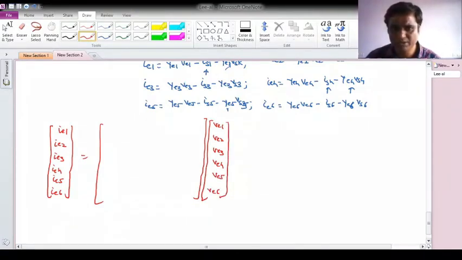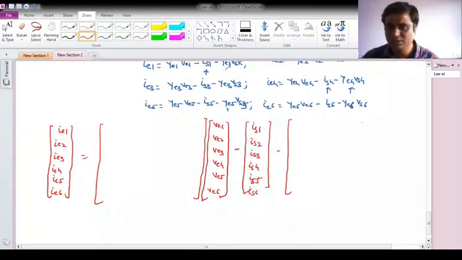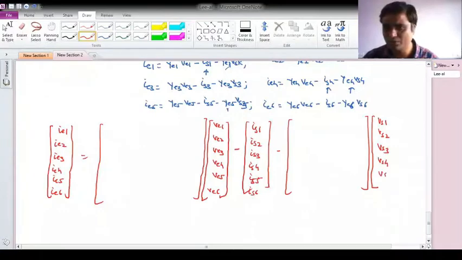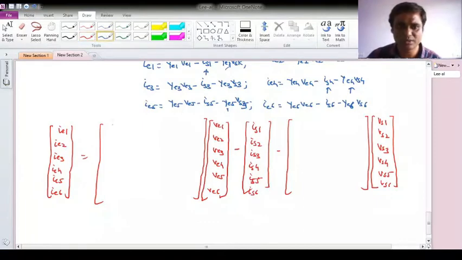This is for impedance. Then next is the minus sign, and it is all the current sources, which were IS1, IS2, IS3, IS4, IS5 and IS6. And second is minus, this is for the voltage sources, if they are present in series. So it will be VS1, VS2, VS3, VS4, VS5 and VS6. Now what remains? It remains only the elements of this.